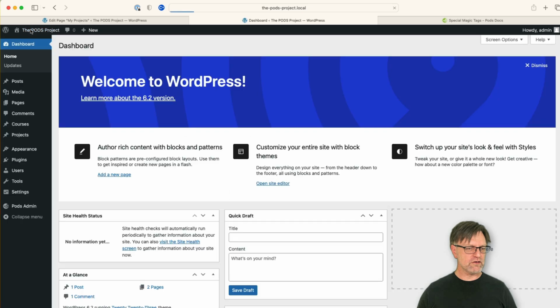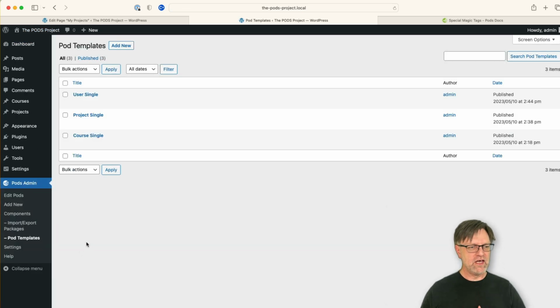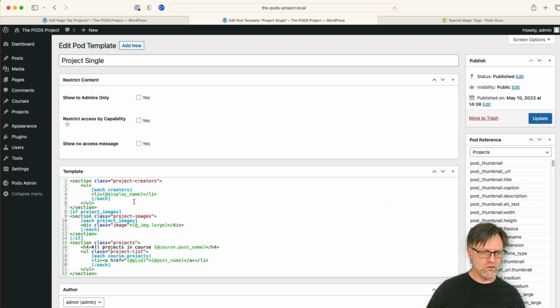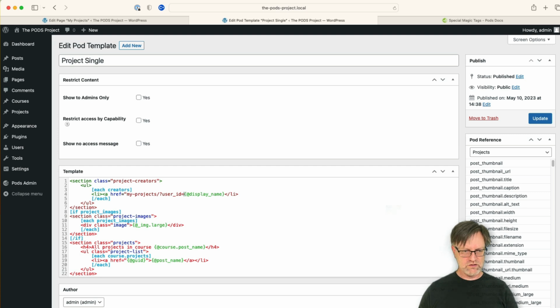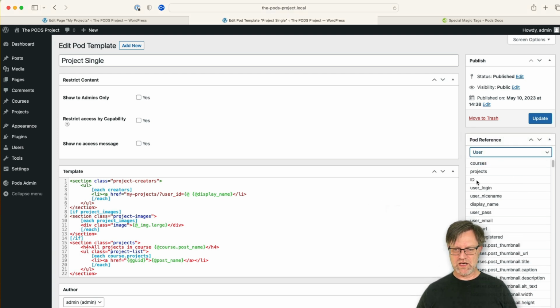So let's go back to the templates, and we had that when we are looking at a project. Here we list all our users, and we would like to add a link here, and we say that we should have the anchor and the href, and now we could add the link here, but of course we should say that the user ID we should then reference instead the field that is called, and if we do like this, select the user, then we can see that we have the ID. So we reference the ID here like this,